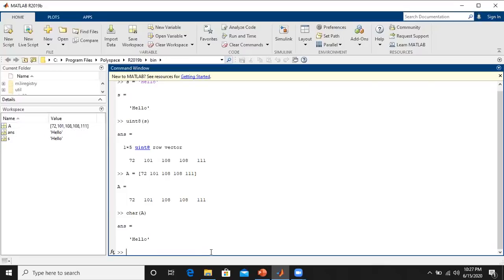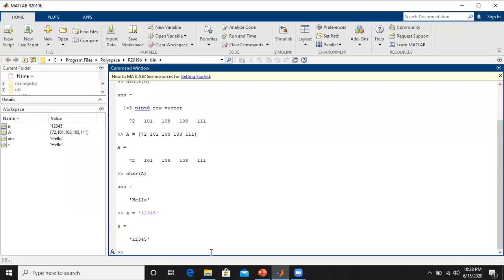Next, we can also convert a numerical string to a numerical array. There is a string, then we have to convert that into a numerical array. For example, let us take a variable a here. So we just type 1 2 3 4 5. Now it is a numerical string here, right?